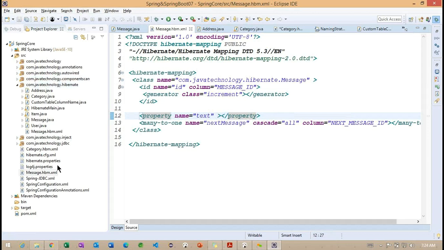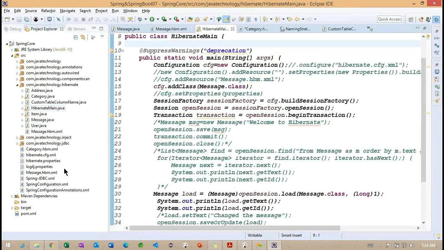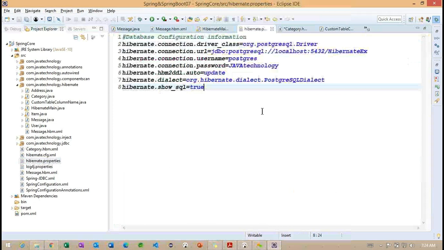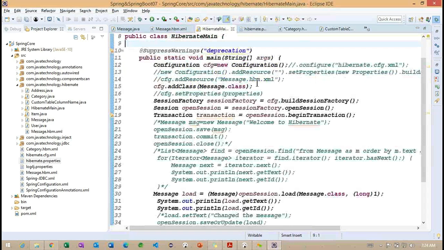And we'll have the same example here. Where is the main class? Okay, we need to open the Hibernate properties here. Create hyphen drop, because I want to create one more time.